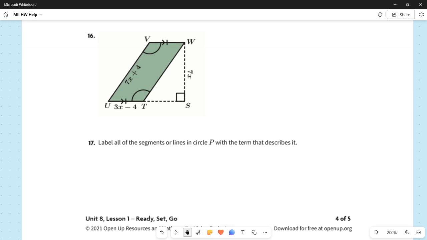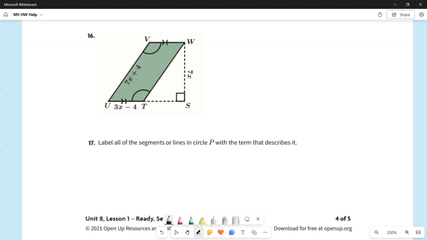So we have another quadrilateral here, and this is not a rectangle. So hopefully people recognize that this green figure is not a rectangle, because rectangles are not slanted like this. However, it is a